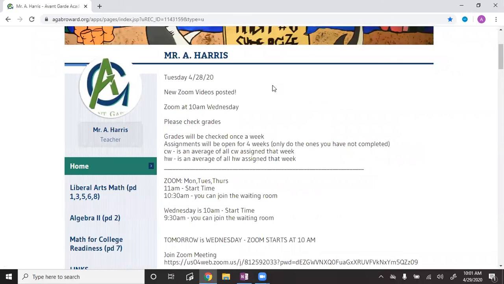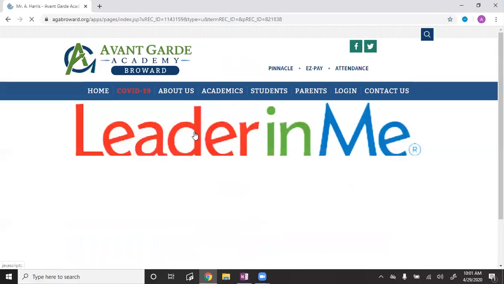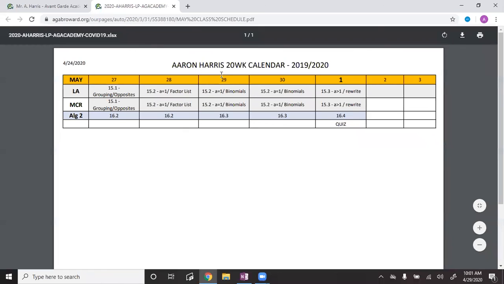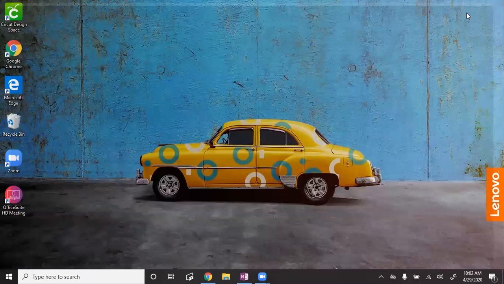So, either way, here is the website calendar. Today we are on the 29th. So 15.2 and 16.3. We already did 15.2, but I'm gonna go over it again just to make sure that we have it. We did 16.2 twice, so now we're moving on to 16.3. So let's go to our